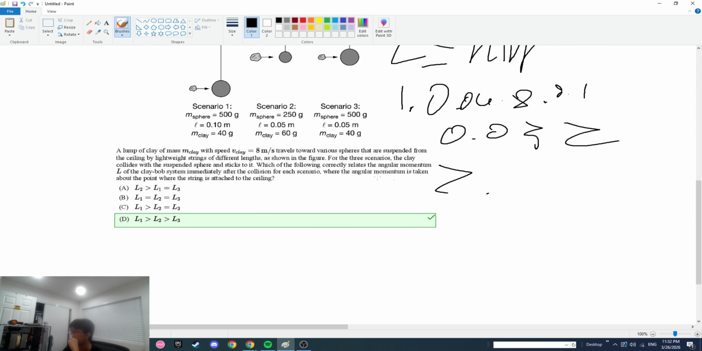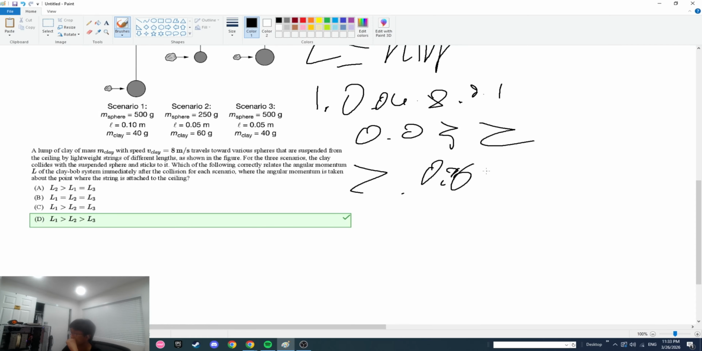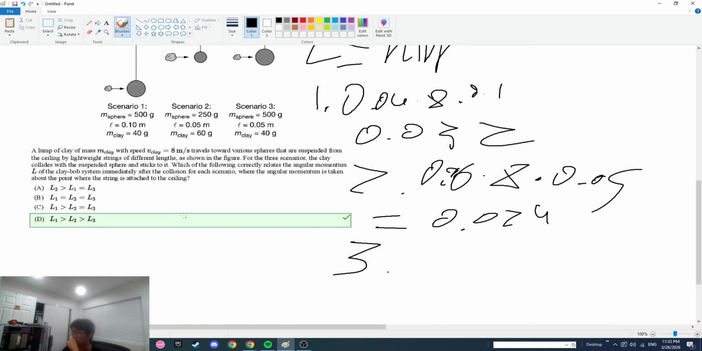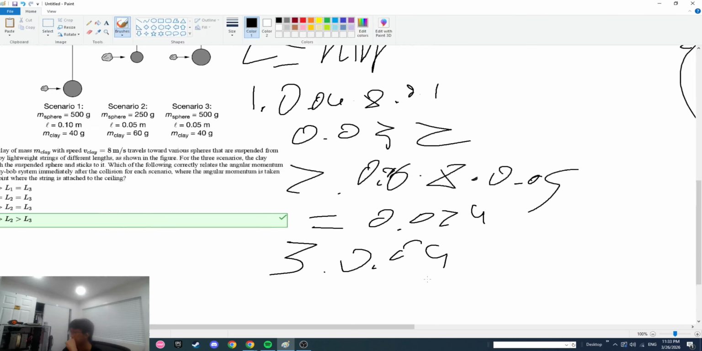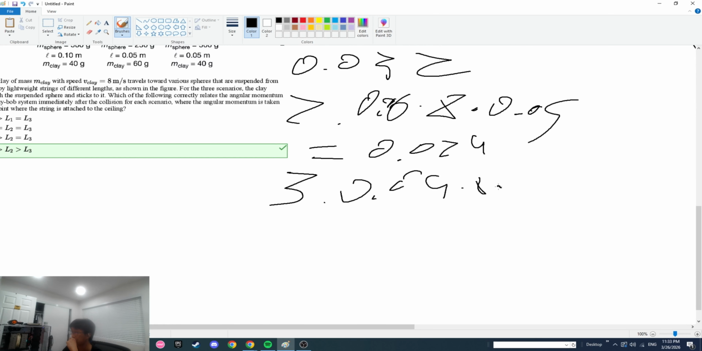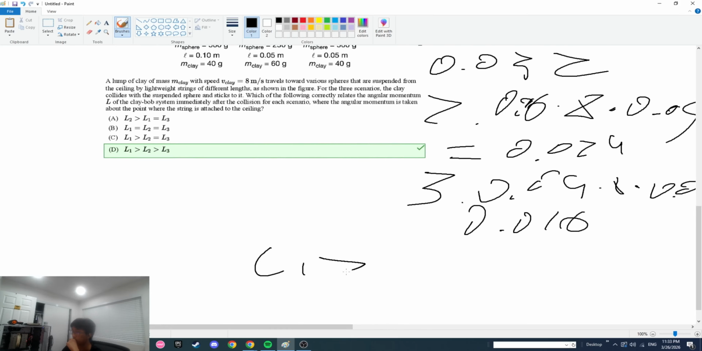For 2, we get a mass of 0.06, velocity of 8, radius of 0.05, and we should end up getting 0.024. And for 3, we get a mass of 0.4, velocity of 8 times radius of 0.05, and we should end up getting 0.016. And if we rank it, we should get L1 greater than L2 greater than L3, and that is the